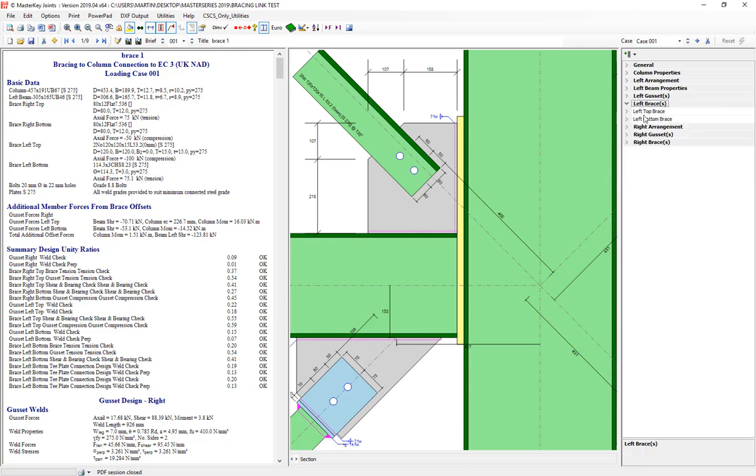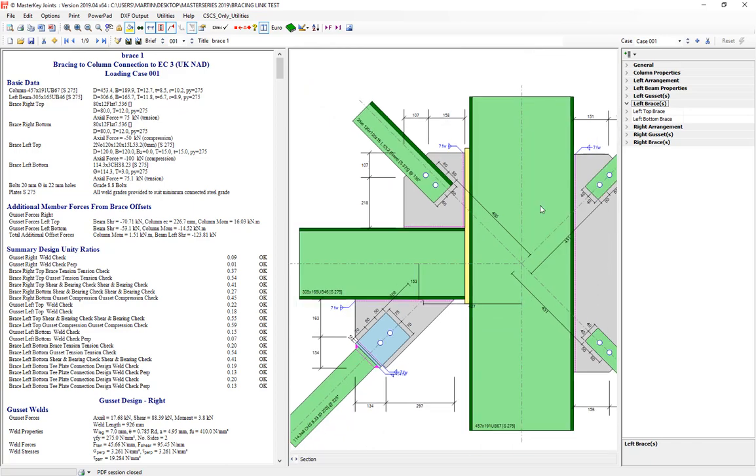So the left brace itself, this is quite important. Let's have a look at the top left brace. Obviously the brace itself has a section size. In this instance we've got a 2-number 120 by 120 L shaped, so there's one of these either side of the gusset plate on a back-to-back L section. The angle is 45 degrees, great. The axial force is -100, which tells us down here that the positive is tension, so this actually produces a tension. The brace setting out is a really important area as well, because this is where we get to determine,